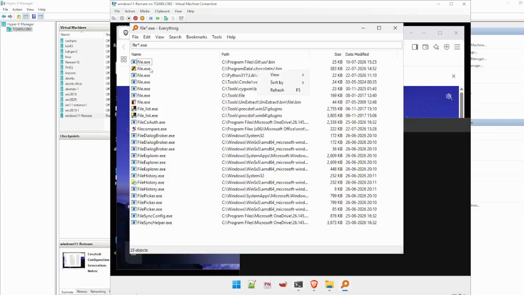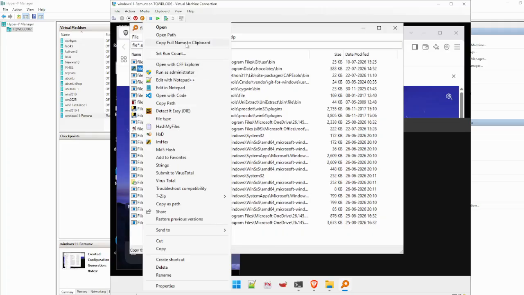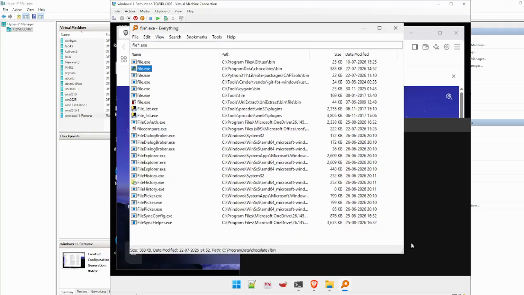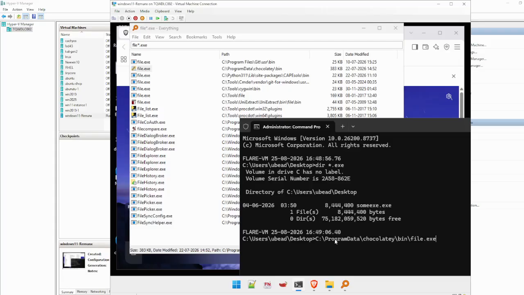Chocolatey. File. Okay, then someone.exe. This will identify what the executable type is and the target architecture.